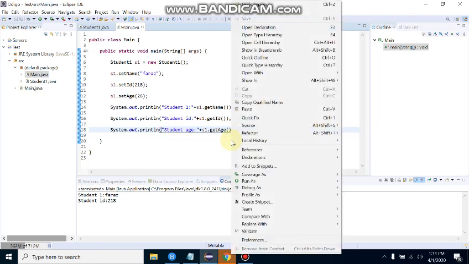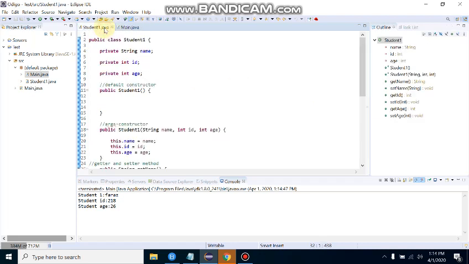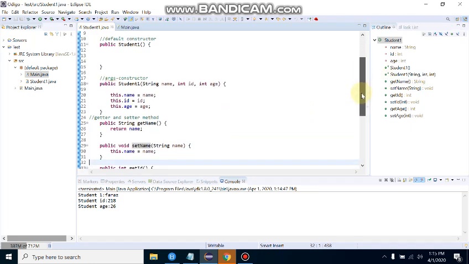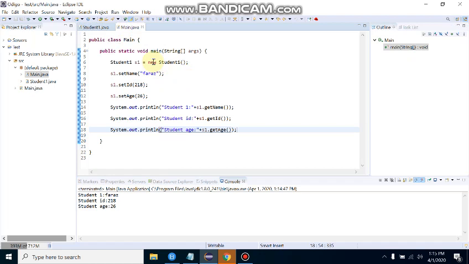Okay, get age. Run it. And I get the name, ID and age. I'm getting this because I'm setting the values with the help of the parameterized constructor. This one is my parameterized constructor. I am defining my fields here like string name, int ID and int age, and here I'm setting the values